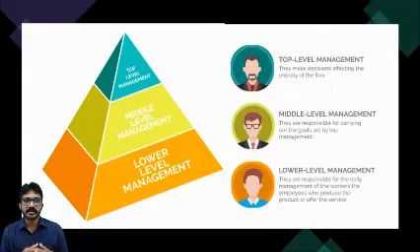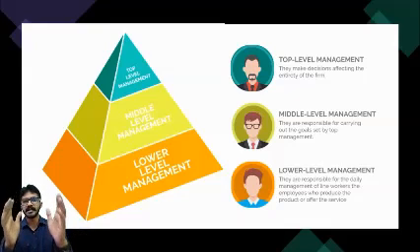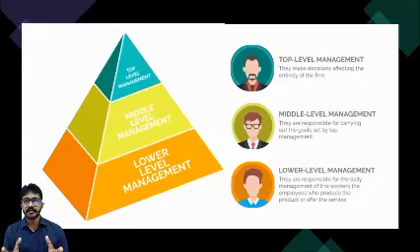The top level of management makes the decisions affecting the entirety of the firm. These are the people who decide what is required, what the target is, what the time duration is, and what the plan ahead is. Summarizing, these are the three roles. Top level managers make the decisions and set up the goals. Middle level management makes sure that these goals are being achieved, and the lower level managers are the people who achieve the goals. This is how organizational management works.